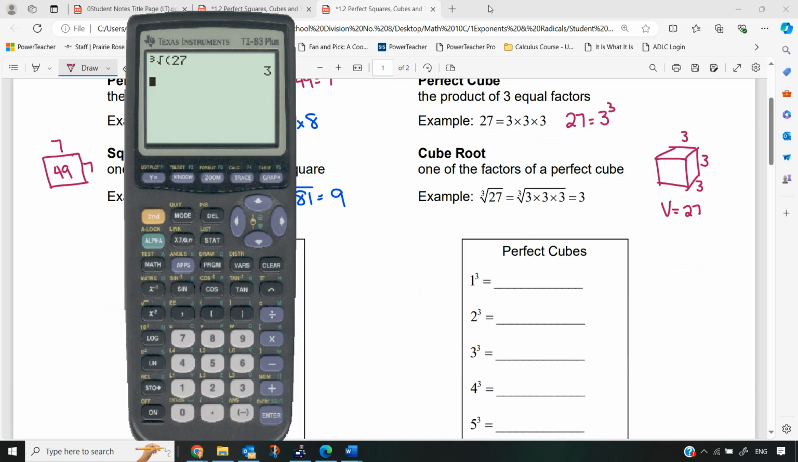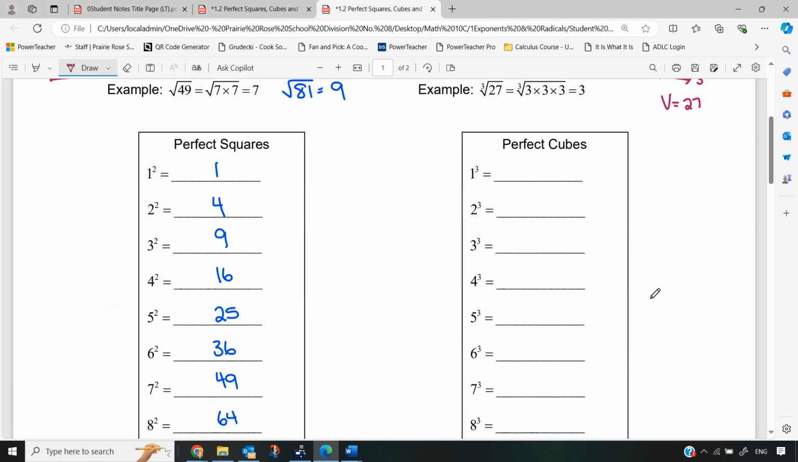So just like we were listing our perfect squares, we also want to list our perfect cubes. So 1 cubed is 1, 2 cubed is 8. Remember that means 2 times 2 times 2, not 2 times 3. 3 cubed is 27, 4 cubed is 64, 125, 216, 343,